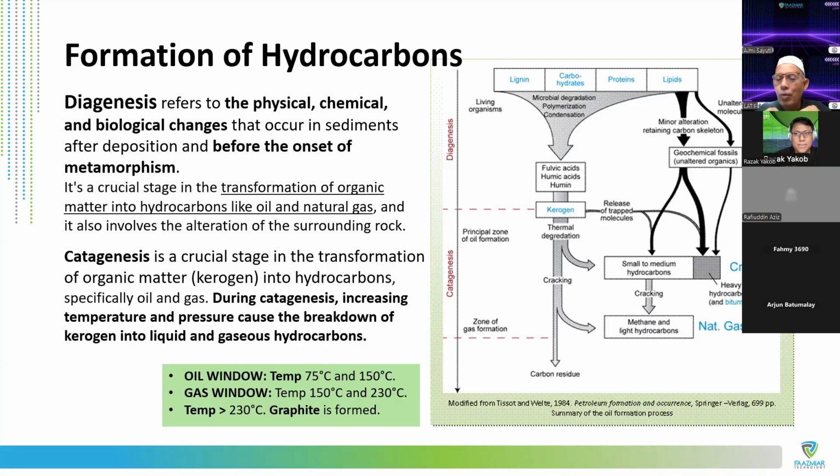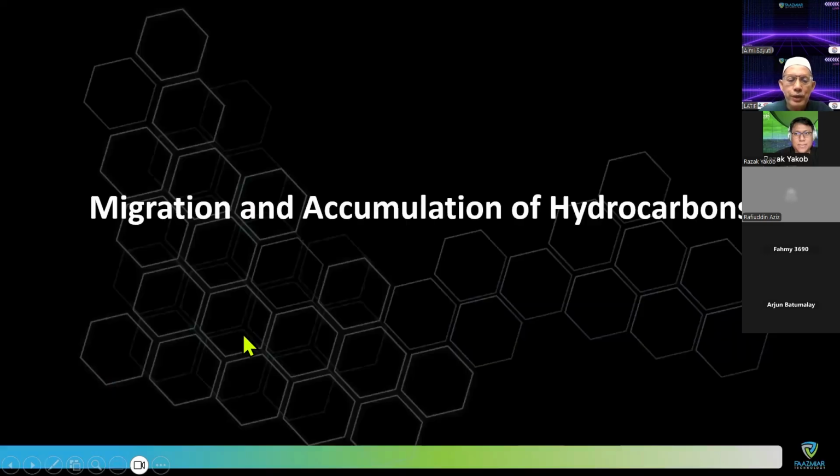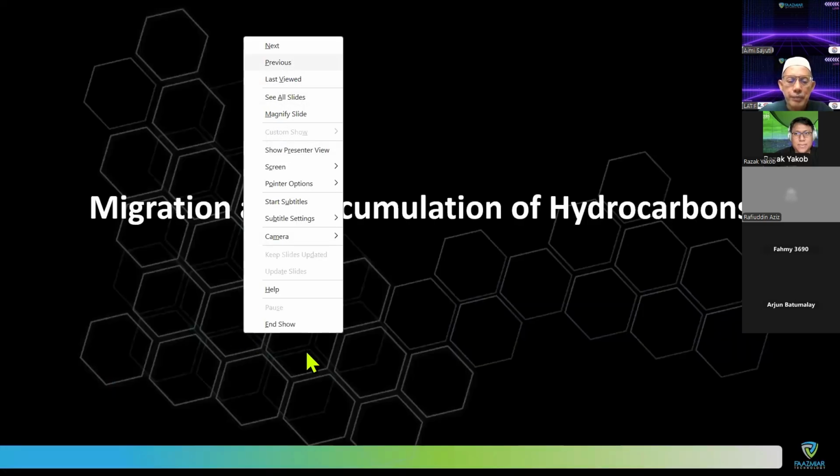Once the hydrocarbon forms, this is the source rock, and then it can start to travel to the surface, to the trap, where we discover it through our drilling and our G&G study. So that's about diagenesis and catagenesis. We're talking about the organic material being converted to hydrocarbon at this stage. Otherwise, you still have only the organic material, but sometimes it can still be converted to gas because some heating process might also happen.